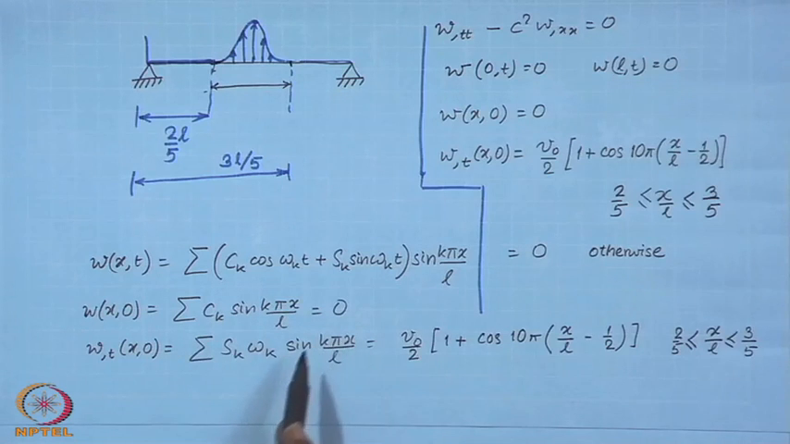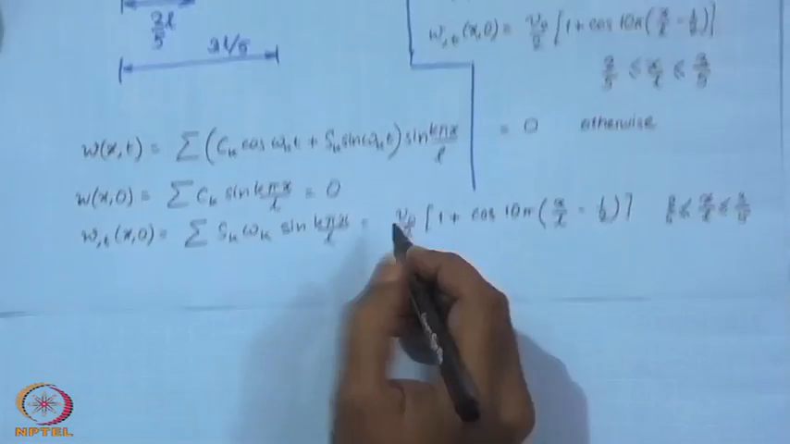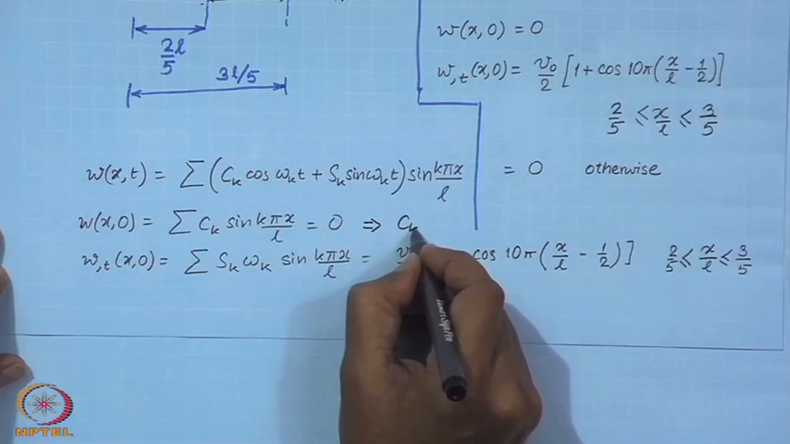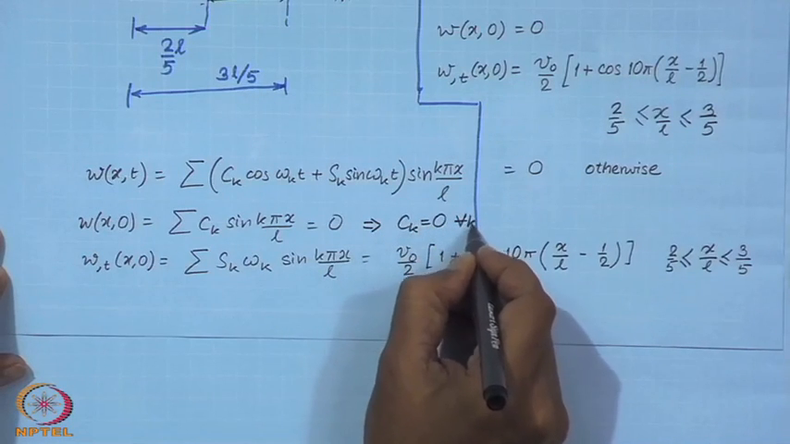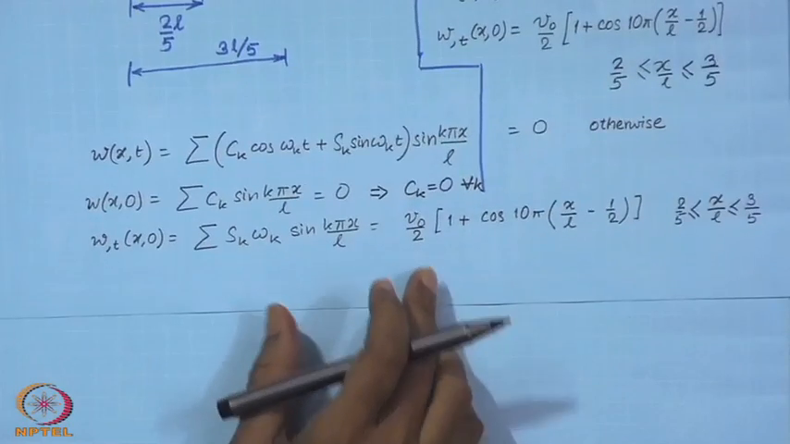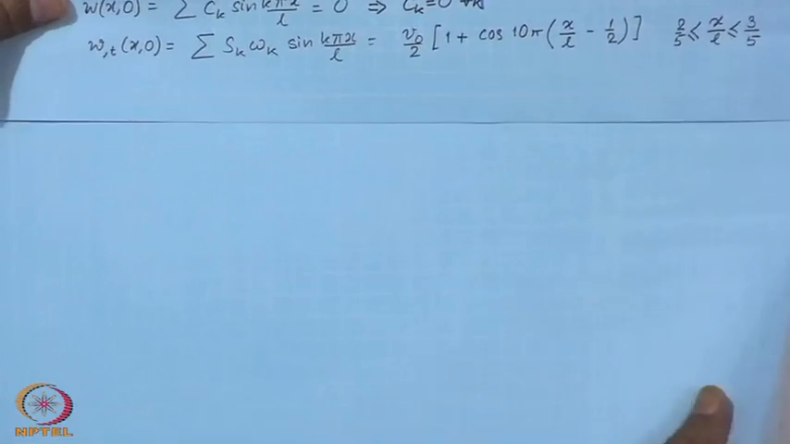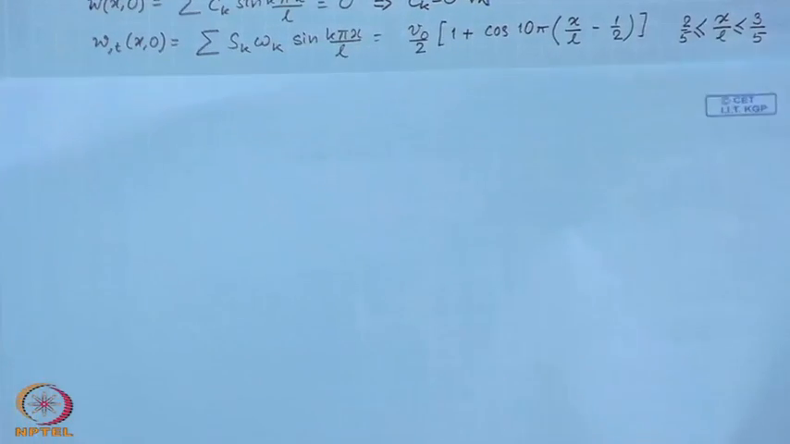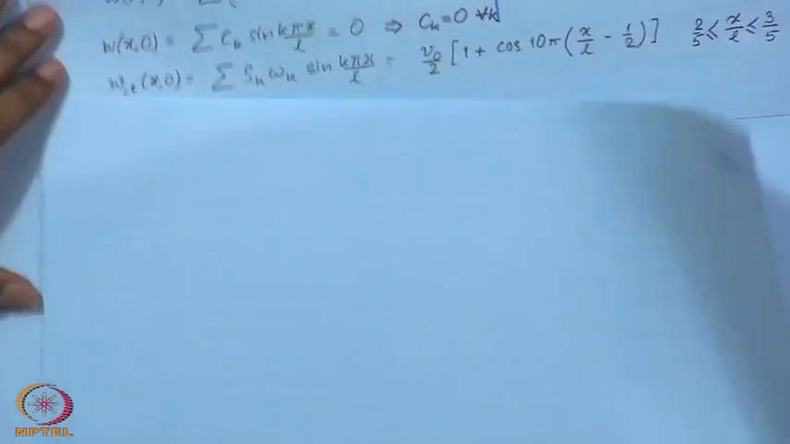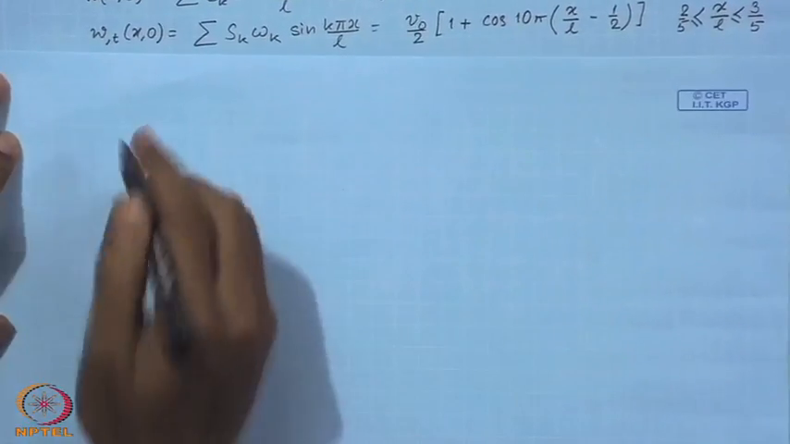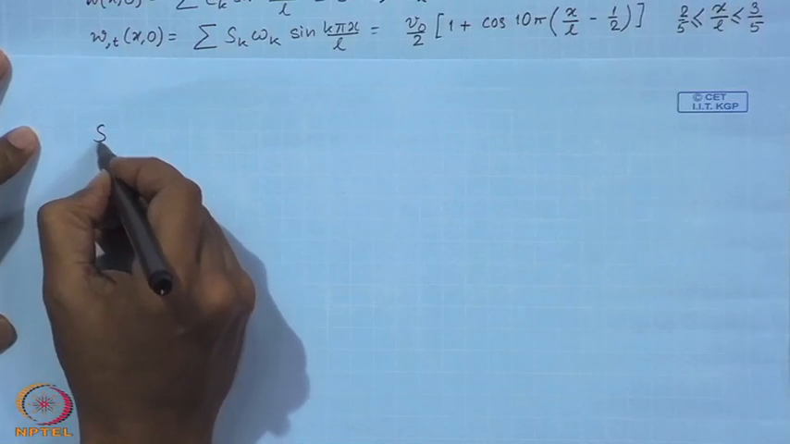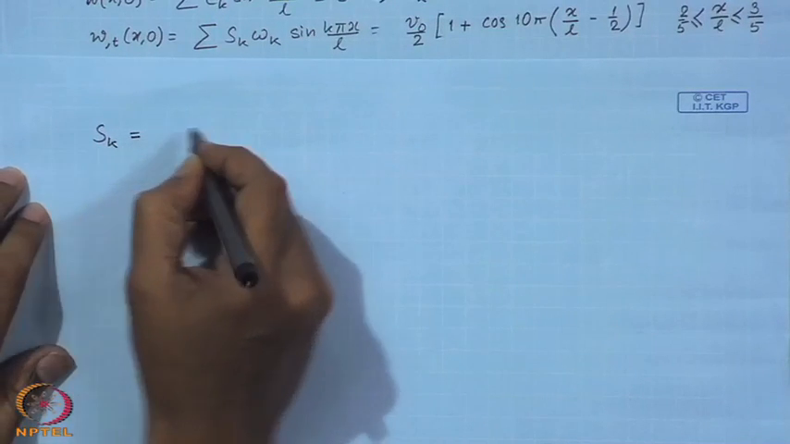So, you have to solve these two equations in order to obtain the coefficients. Immediately, from here, it is immediate that all the C k's will be 0, while if you once again take the inner product and solve this problem, I mean these conditions, solve for the coefficients S k, then S k turns out to be